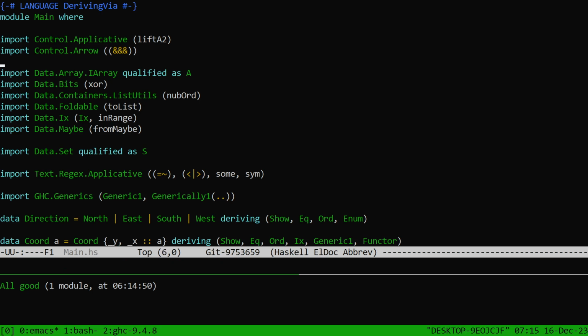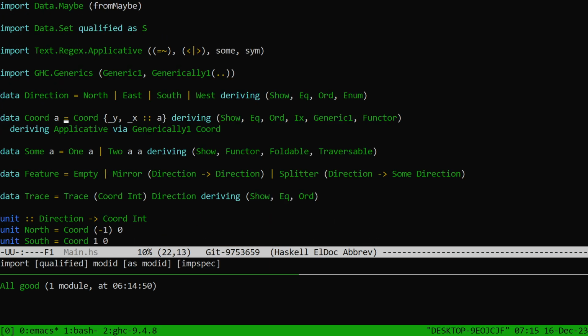I decided to use a two-dimensional array, indexed by coordinates, which we can see the coordinate is here. Very similar to what I did in some previous days. However, there were a few interesting things that I did with the types here that I thought would be worth going over. We have the same coordinate definition we've had before. Direction, I think, is pretty much the same. Feature is different because I thought it would be kind of nice